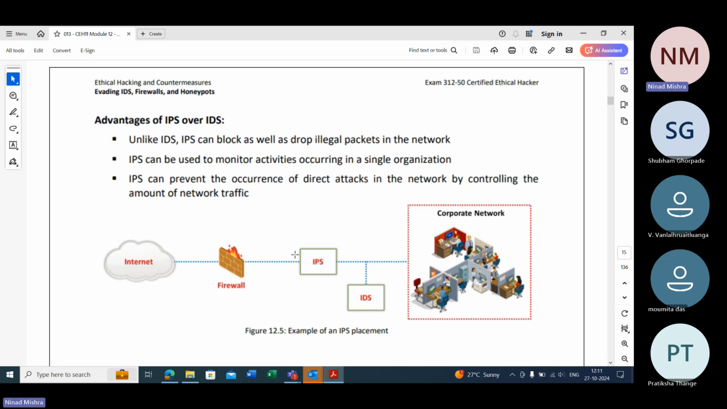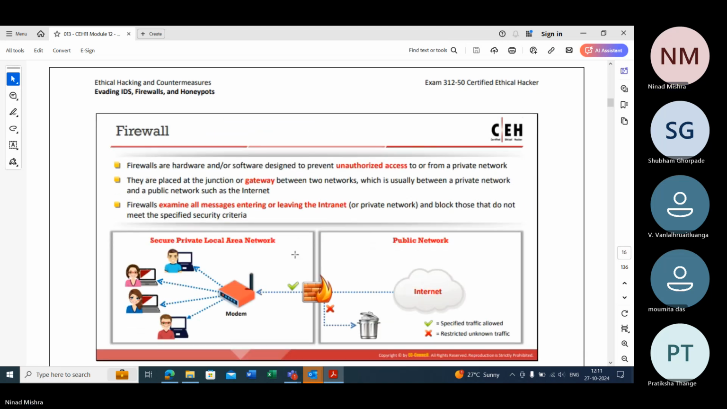Same thing. Advantages of IPS are, unlike IDS, IPS will block all the illegal packets coming into the organization. It is used to monitor activities in a single organization and can prevent occurrence of direct attacks in the network by controlling the amount of network traffic. Then